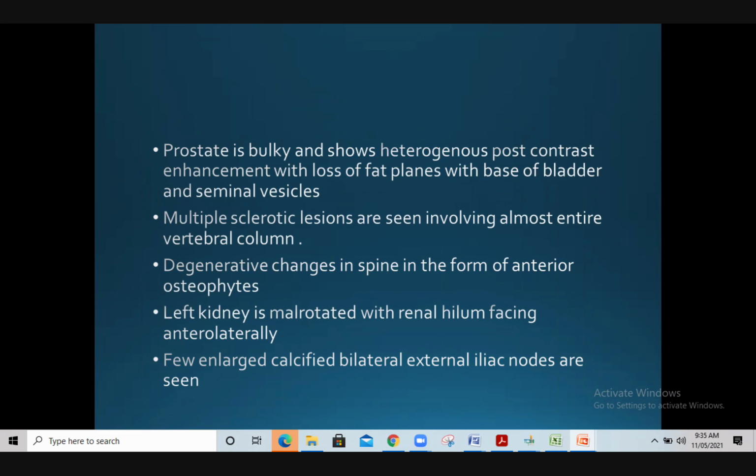So, okay, now what do you want to do for this patient? Any more investigations you want, or we want to go ahead with management? Sorry, what do you want to do? You want an MRI now? No, sir, since MRI is not available. So what do you want? You want a bone scan? PSMA PET scan. What do you have to say? What do you want? PSMA PET scan.